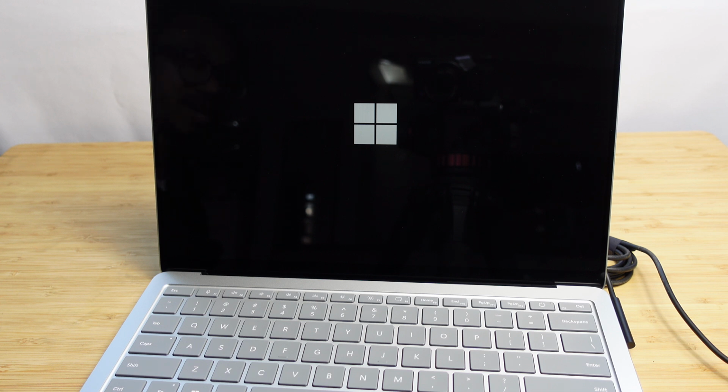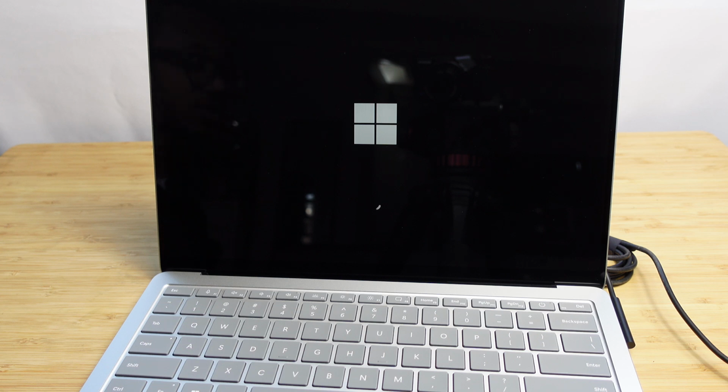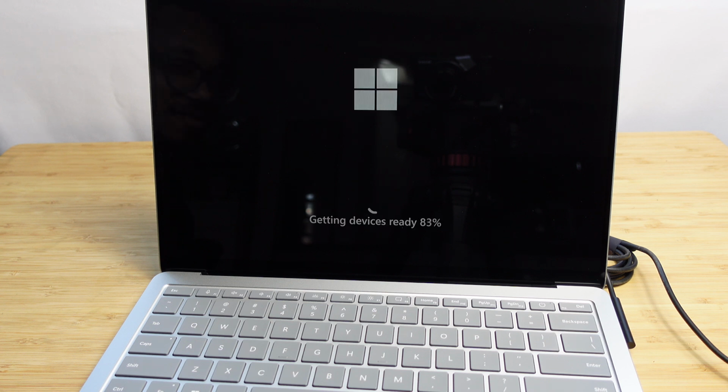So we'll be there momentarily as we sit here. It looks like it just flashed and we're almost ready to go as it processes and manages this new software update on this machine. And then again, we've got this loading bar that's new. It's a loading circle. It's starting to load, and this software allows us to use artificial intelligence to improve our lives and to be able to press that Copilot key and access AI at our fingertips. So now it says getting devices ready. That happened pretty fast. We're at 100%, and we're back at the screen where it says just a moment